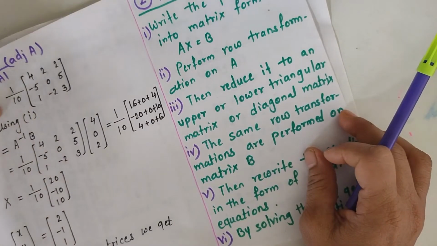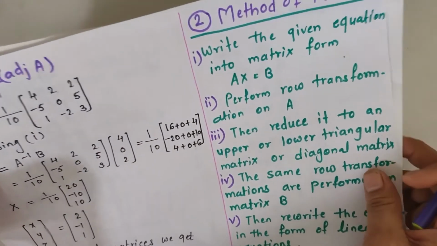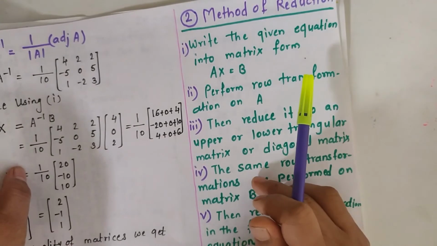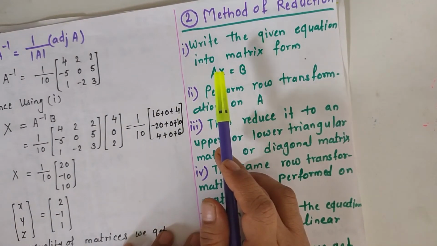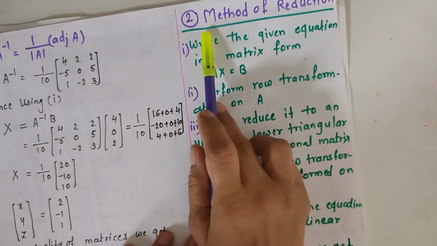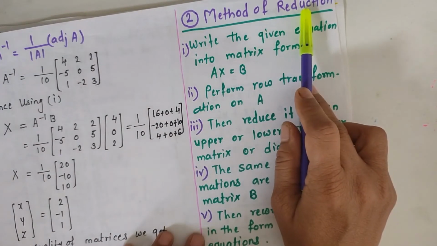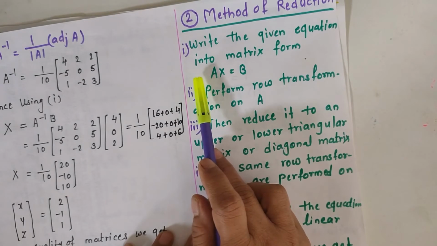Now students, there are two methods for solving the system of linear equations. So we have seen the first method of inversion. Now let us see the second method of reduction. In this method,